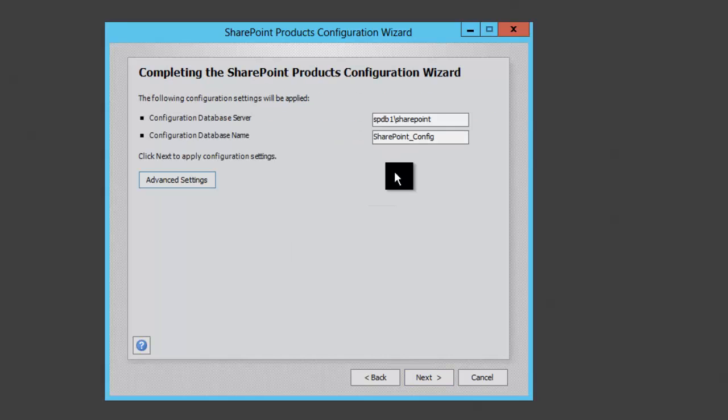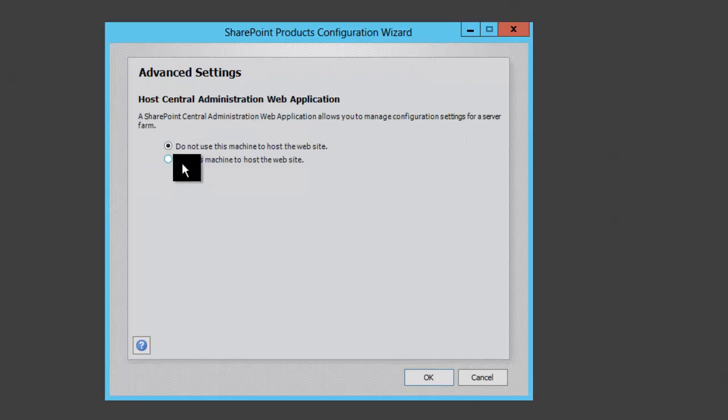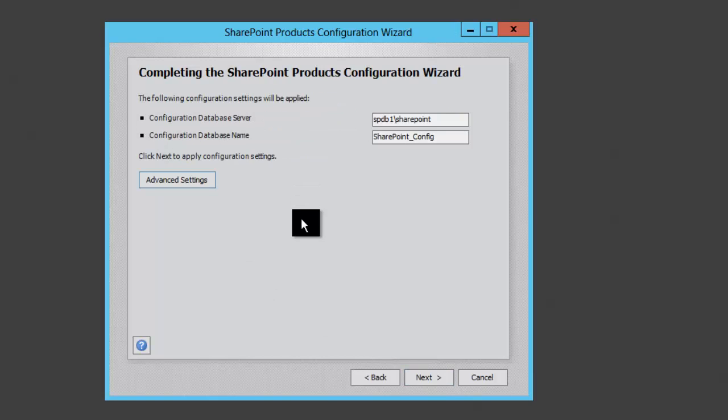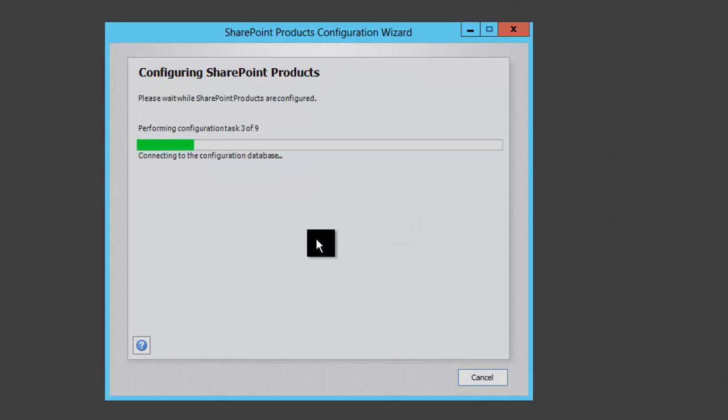And then on this screen, we confirm our choices. And just to point out that if we did want to run central admin on more than one machine, we could do that. I'm not going to bother, but you might want to have it on more than one machine just in case you need to run central admin when one of the application servers is down. So you would just change this to use this to host that site. But I'm not going to do that in this case, and I'll go ahead and click next,